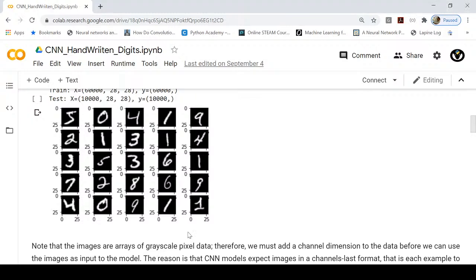So the example which we are going to solve is this: we will provide images which you can see here, and using these images,